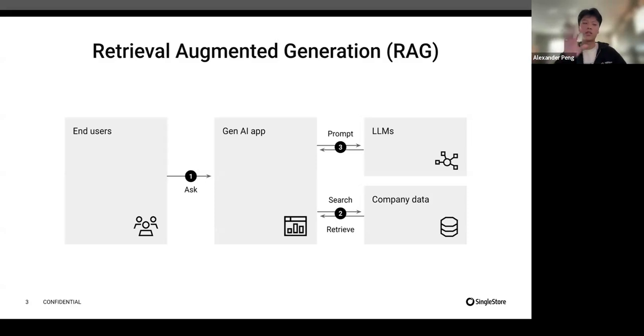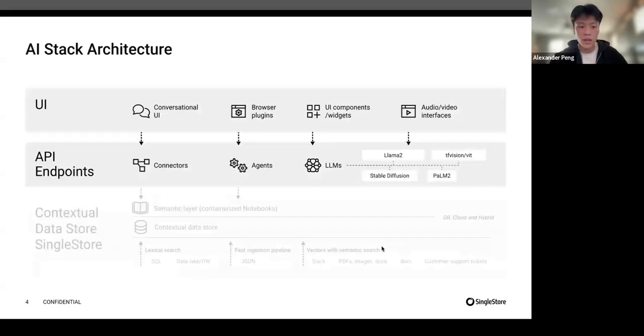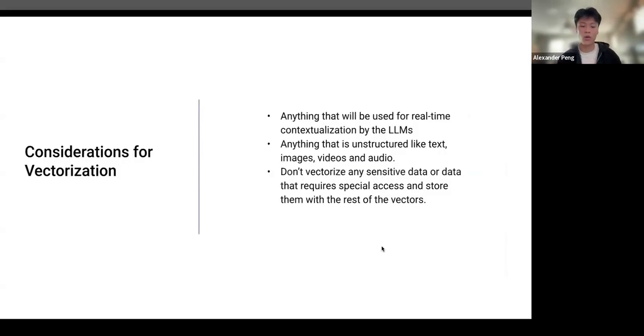And then also there's other techniques that you use, like exact text search, lexical search, that SingleStore also supports. But what should we think about when we are vectorizing? Vectorization allows us to perform what's called semantic search over our corpus of data. And you can think of semantic search compared to something like a Google search, where you're searching for something exact. You can think of semantic search as a fuzzy search that allows you to match concepts against other concepts